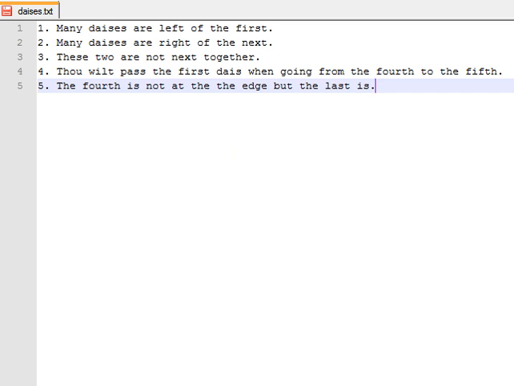Many dais are left of the first, and we've got 6 slots to work with, left to right. So we'll say, okay, we've got 6. We'll just represent those here, to conceptually lay out what we're working with. So 1, 2, 3, 4, 5, 6 slots. And we want to figure out the ordering. So many are right of the first. So that means that we've got...